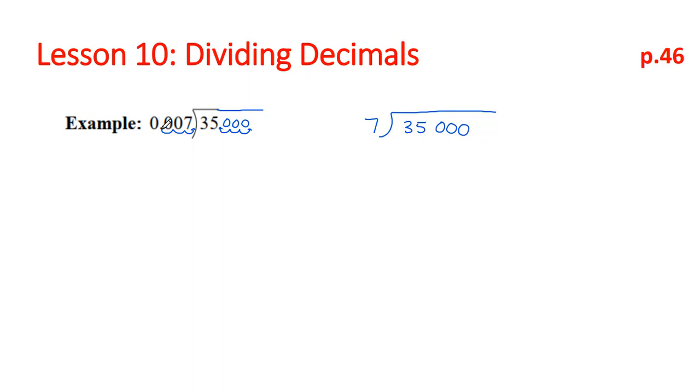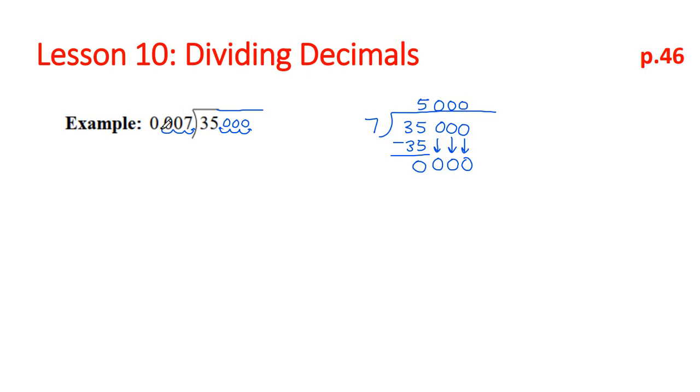So now I begin to long divide. 7 into 35 goes 5 times. 5 times 7 is 35. And I subtract, and all I have beside are zeros. So I can bring down those zeros, and as I bring them down, 7 goes into 0 0 times, and 0 times 7 is 0. So I can use a fast method here, just bringing down my zeros and filling their places with zeros,